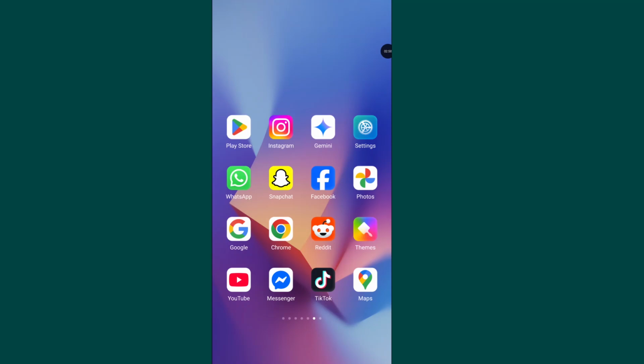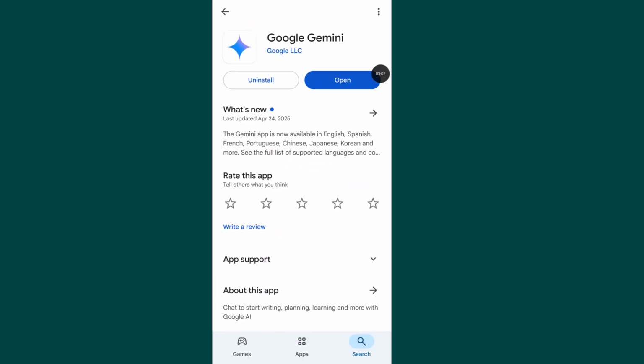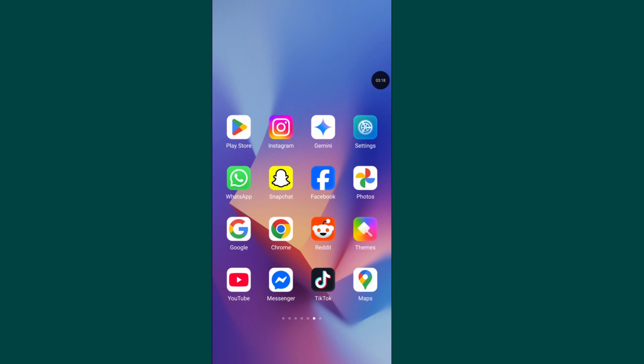Open Google Play Store and make sure your Google Gemini application is updated. If your Google Gemini is not updated, please update your Gemini application. Now go back, open the Gemini app,